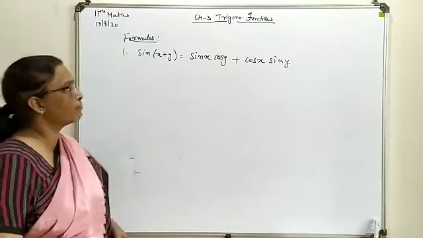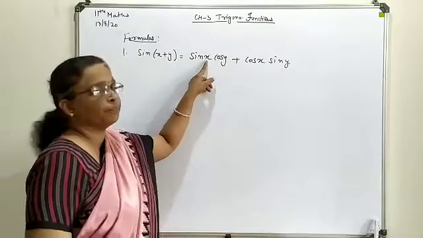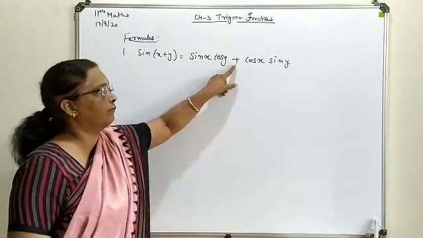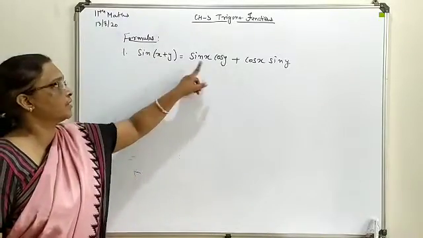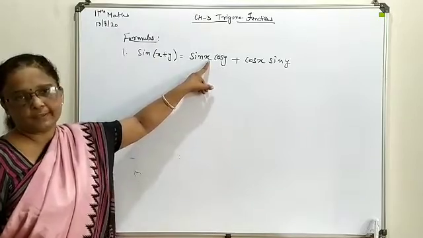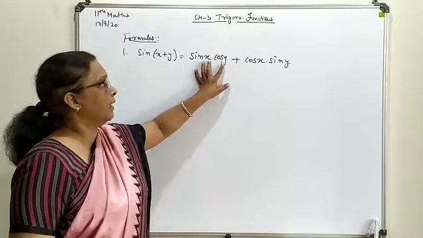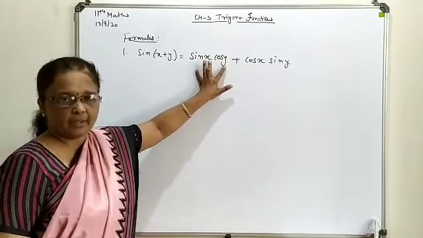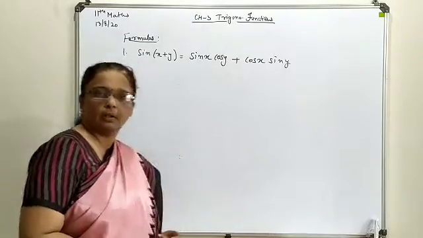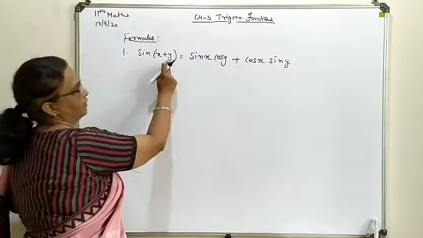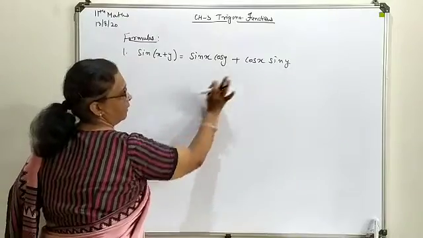But the change is that after writing the first term, compulsorily you will follow the first angle, that is x. It doesn't matter when you are dealing with the plus form, but when you deal with the minus form, it is compulsory to write the given first angle at the first position with the sin, followed by the second angle with the cos, and then make an exchange of these two angles followed by this plus sign. So this way this formula is to be remembered. Now here sin x plus y we have written as sin x cos y plus cos x sin y.